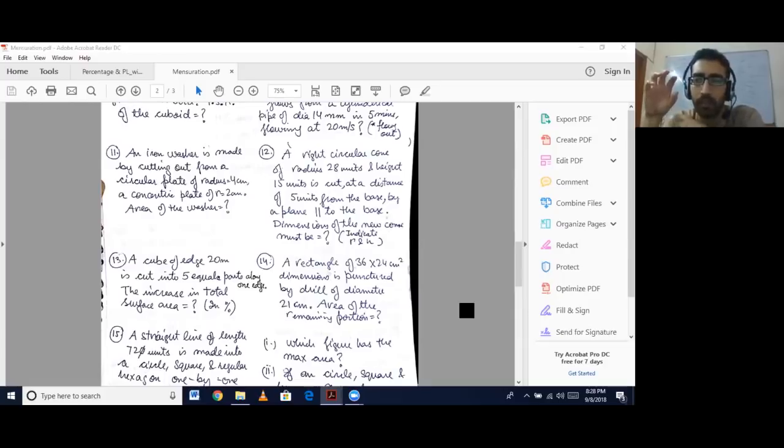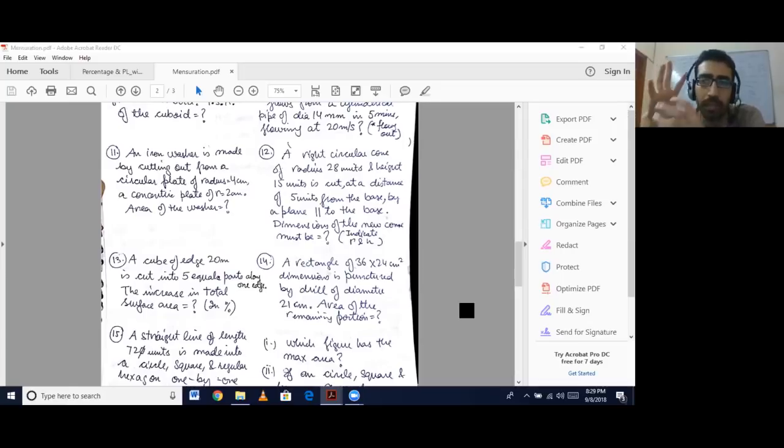You took it as a cylinder? No, so Vinay, in question 14, you've only been given 2 dimensions. It's centimeter square. It clearly mentions a rectangle. A rectangle is a 2D figure, so it doesn't make sense to assume a cylinder because it doesn't have a 3rd dimension, doesn't have height. This is a plane figure. And in question 11, again, this is a plane figure.